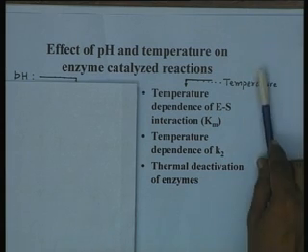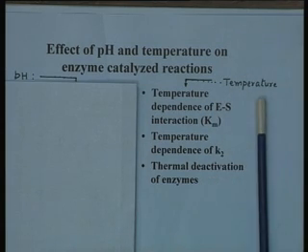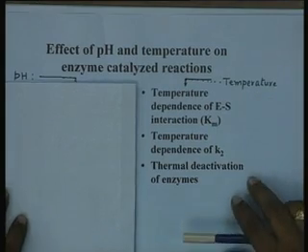Now, the temperature will influence the Km, and the study of the effect of pH or temperature on the Km is a very interesting issue, because it gives you a lot of insight into the thermodynamic aspect of the enzyme substrate binding. The effect of temperature on the Km value of the reaction gives you some insight into the thermodynamic state of the enzyme substrate binding, that is, what are the enthalpic and entropic parameters involved. One can analyze.